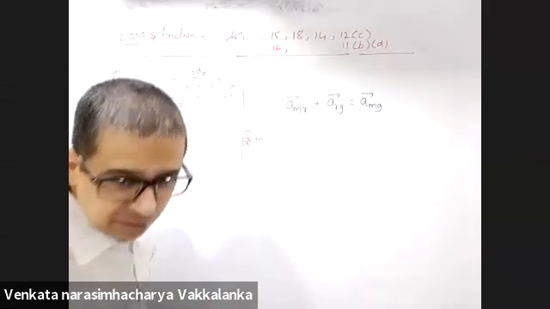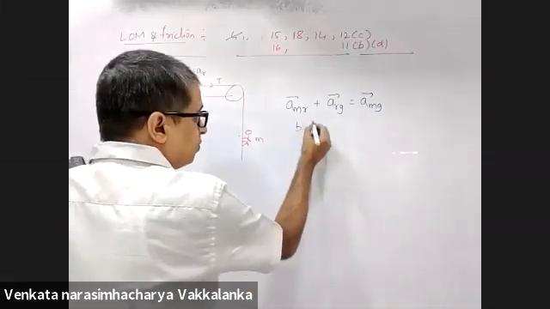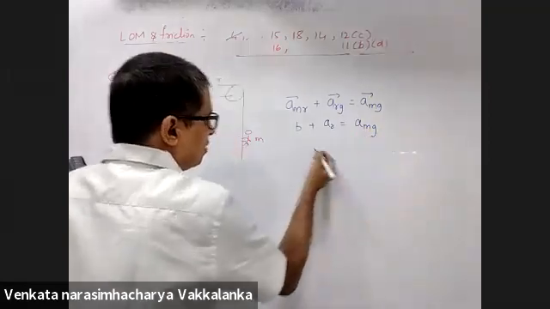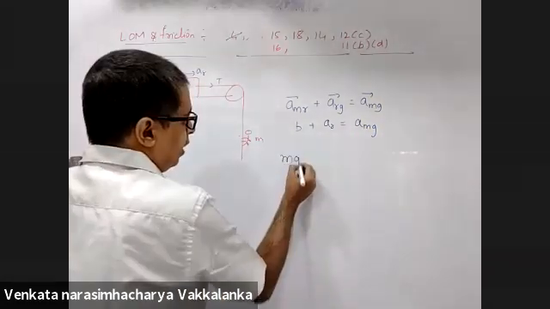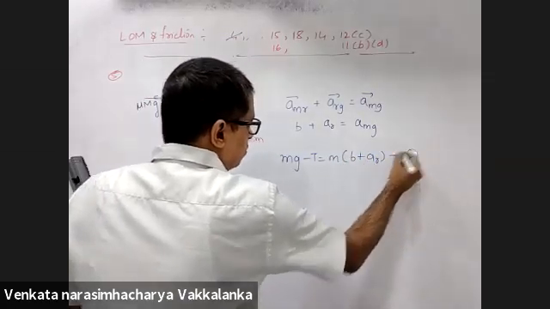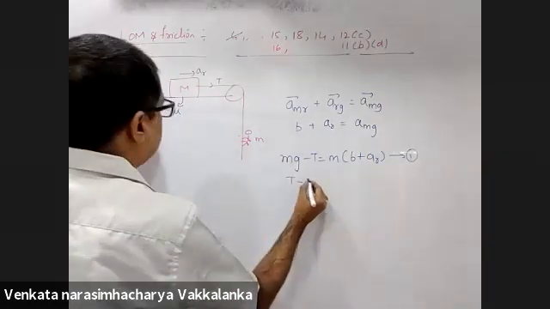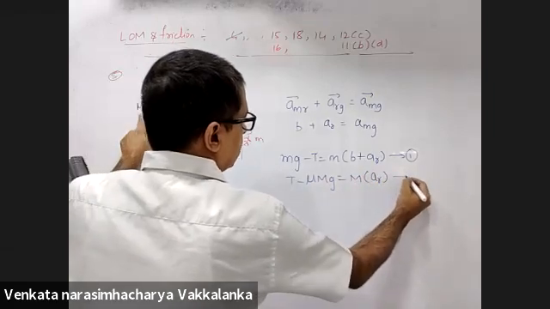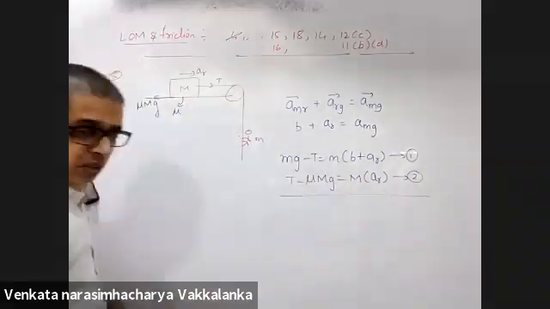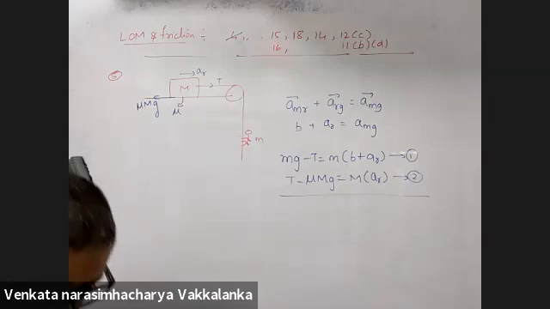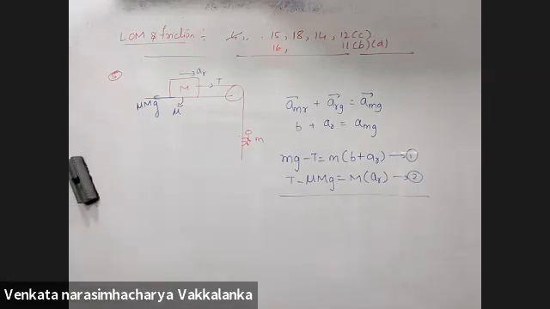So acceleration of the monkey with respect to the rope is given as b, downwards. Thus acceleration of the rope is also downwards. This is the acceleration of the monkey with respect to ground. So your mg minus T is m into (b plus a r). This is my first equation. Second equation, T minus mu capital Mg is capital M into a r. This is my second equation. Add both the equations, tension goes, and you get the required answer. There are only two variables here, tension and a r. He asked for both.